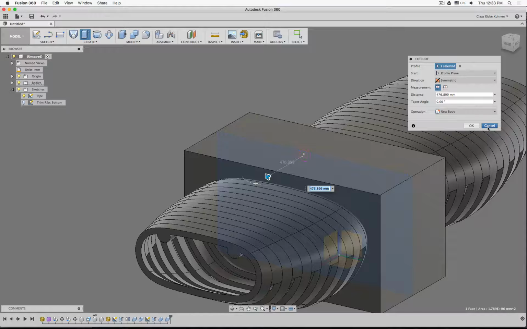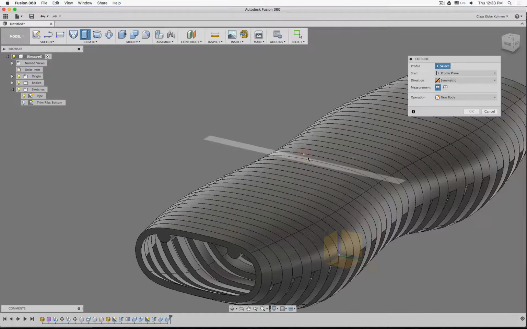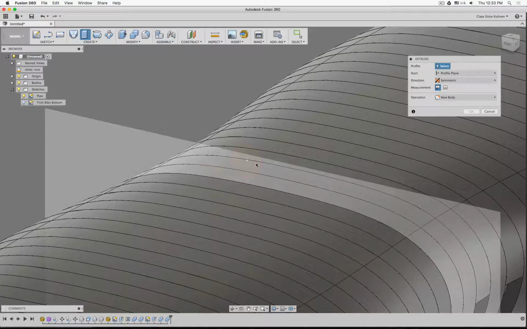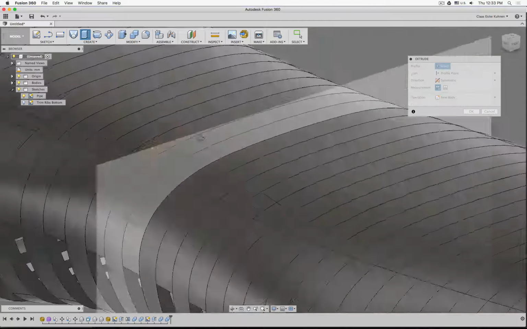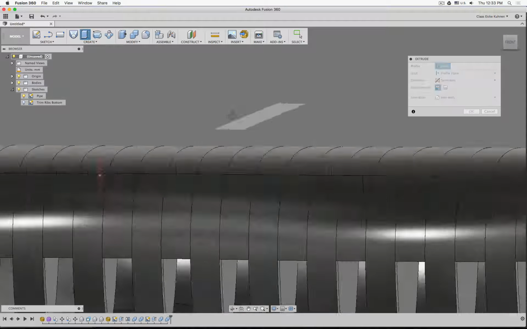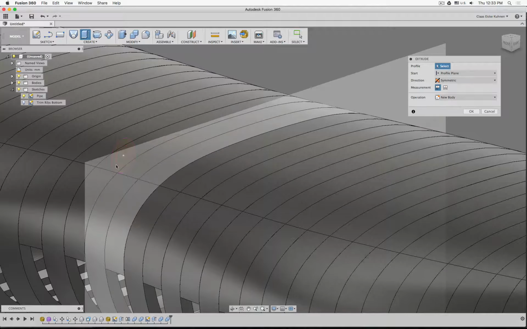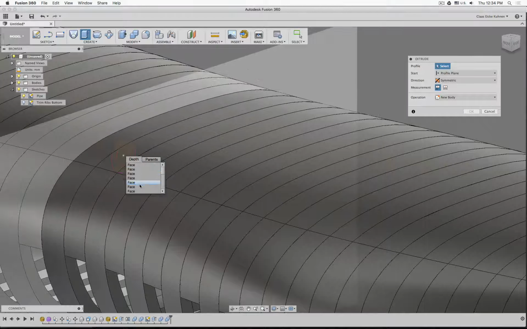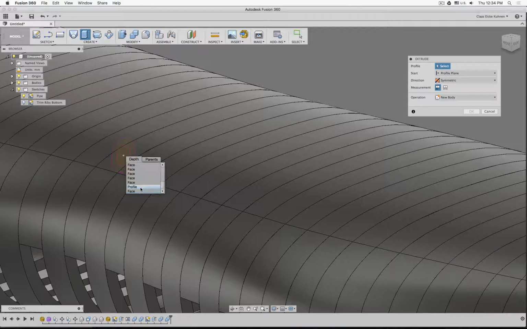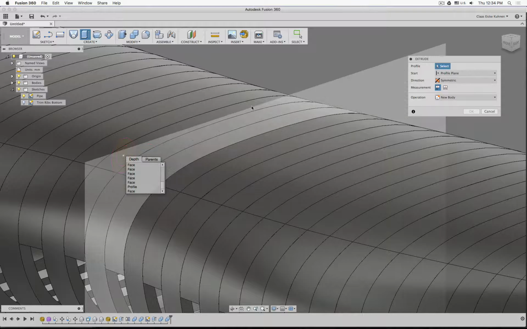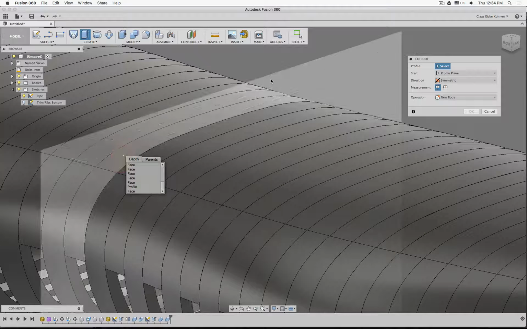Okay, I don't know what happened there. Get out. This is really annoying. You see, Fusion wants me to select something different. That's not what I want. So let's see. Left mouse button, click and hold. Face, face, face, face, face, face. Profile. So when you hold the left mouse button,